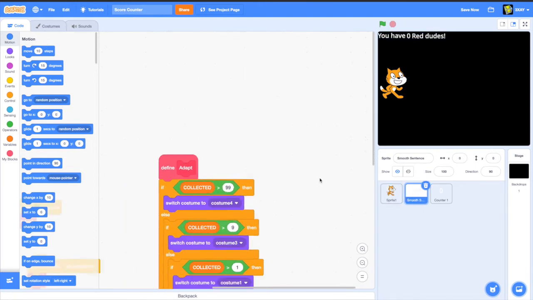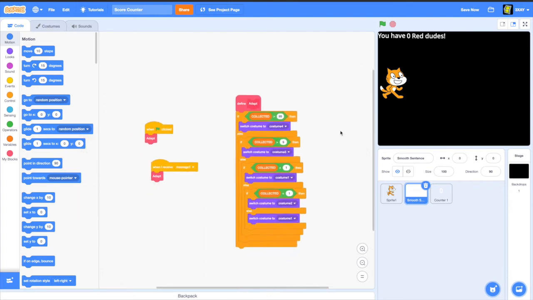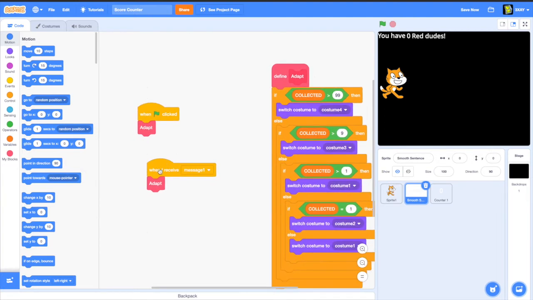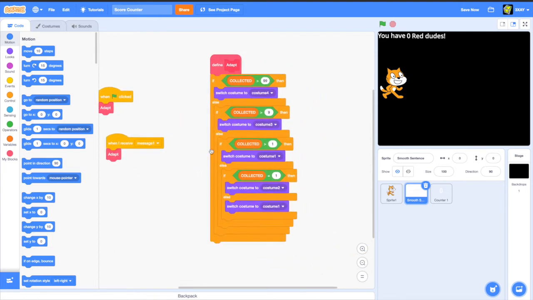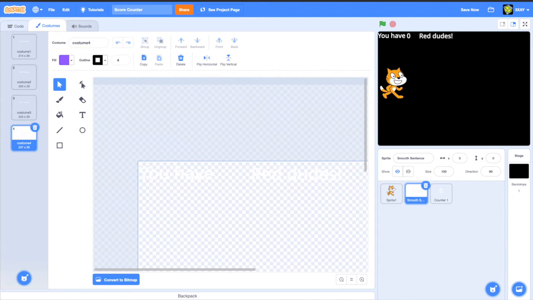Now I have this smooth sentence thing, where basically I already coded this, just for time purposes. So when we reset, we want adapt, and when we receive message 1, we want adapt, right? And this adapt, I want you to look at this code and try to understand it. So if our collected is greater than 99, then we go to costume 4, which has enough space for 3 digits,